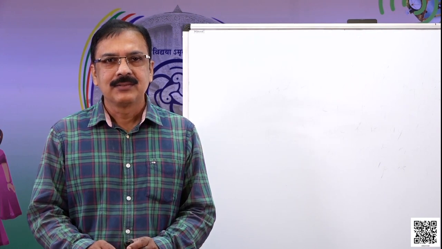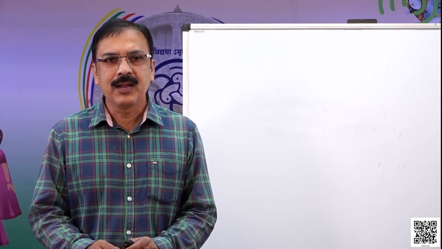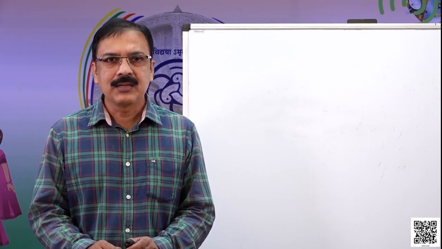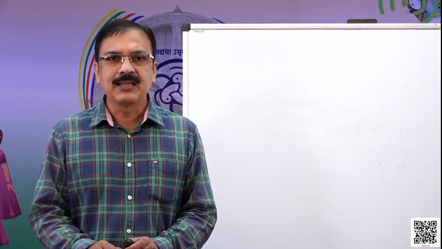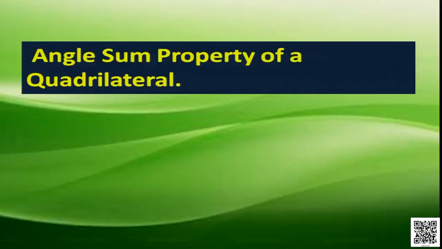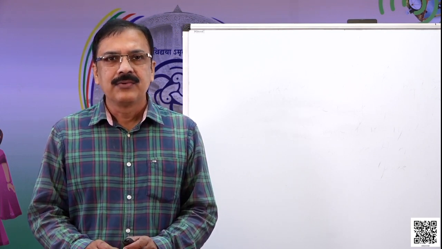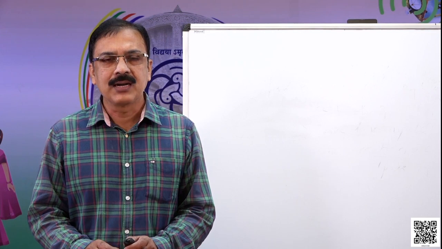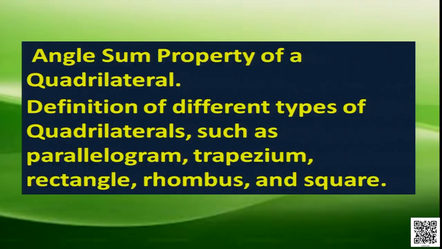Welcome dear students. Today we are going to discuss from class 9 mathematics book chapter 8 Quadrilaterals part 2. Dear students, in the earlier session we discussed something about quadrilaterals. What are they? The angle sum property of a quadrilateral means the sum of the interior angles of a quadrilateral is 360 degrees. And we also discussed some definitions of certain types of quadrilaterals such as trapezium, parallelogram, rectangle, rhombus and